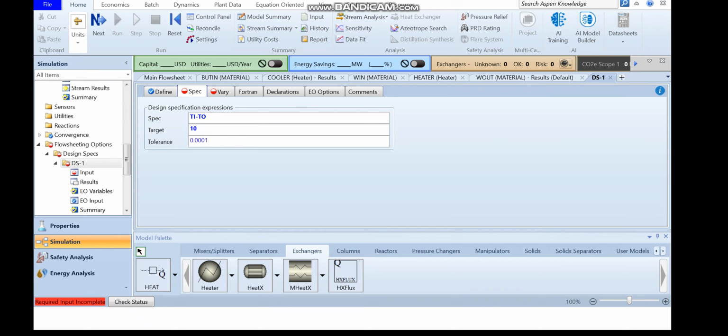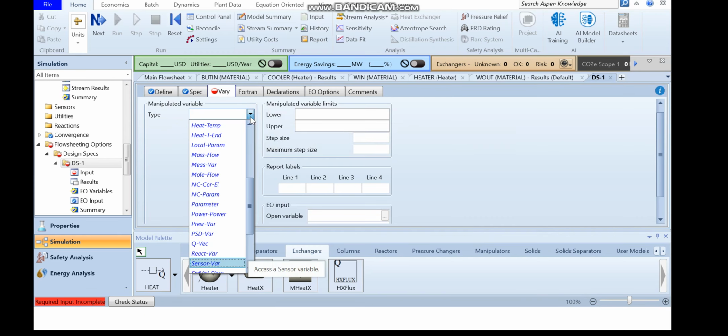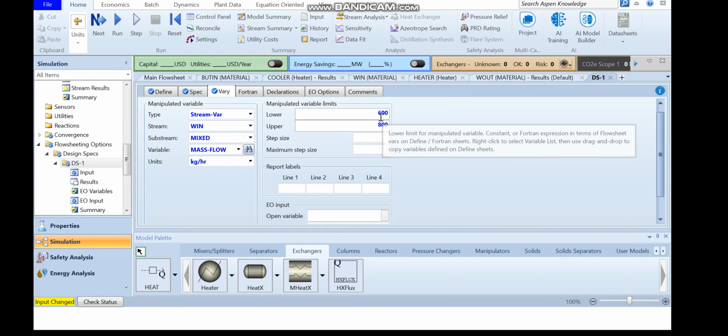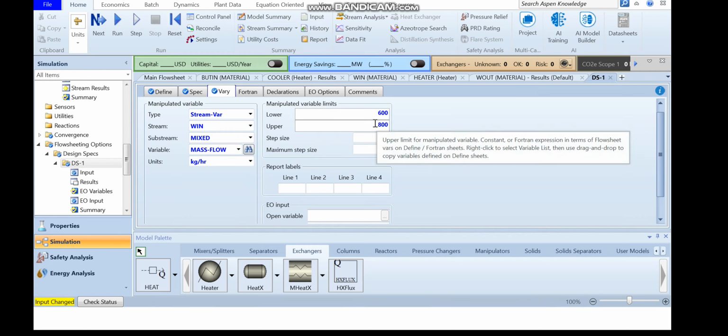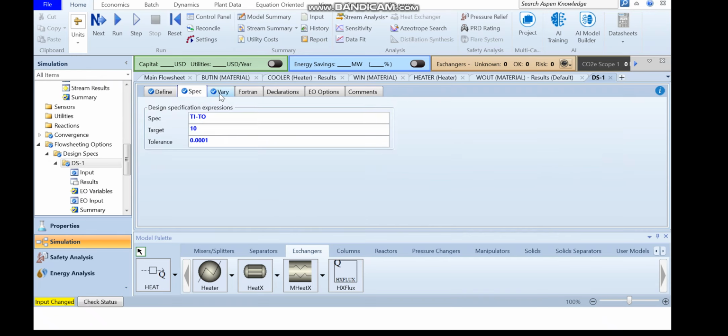the software is unable to obtain the exact value, so some tolerance must be provided here. And now, this temperature difference must be 10 degrees C with this tolerance. Vary. What should we vary? So this is again a stream variable. Which stream? Wn. And which variable? Mass flow rate. From 600 to 800. So now it will search the value between 600 and 800 kilogram per hour, input water flow rate, and it will search until this TI minus TO is 10 degrees